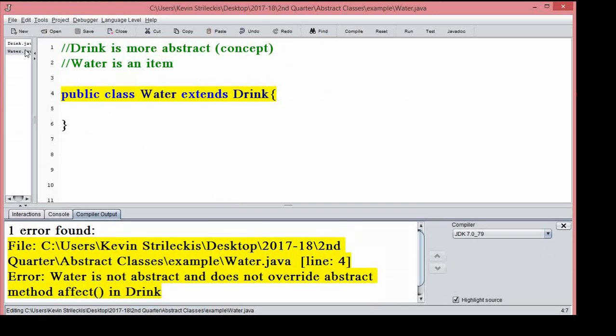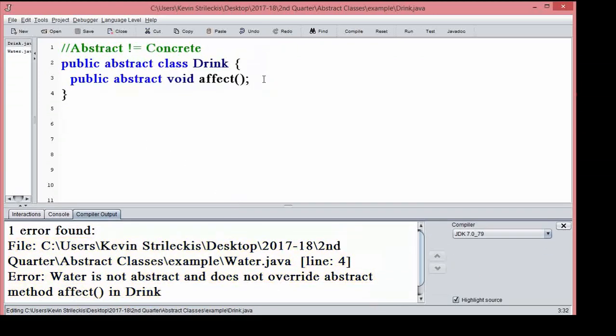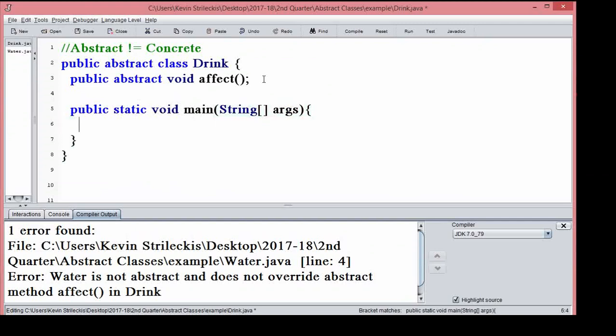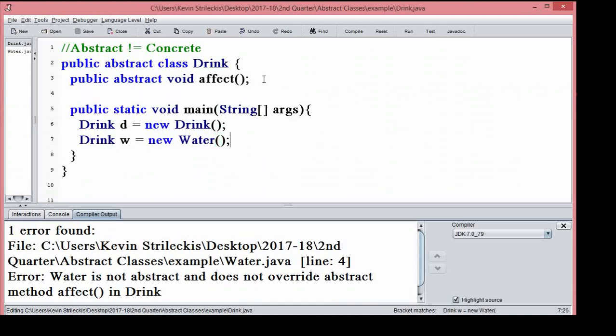First thing is that if I tried to make an abstract item, you're going to find there's a lot of trouble with it. For instance, if I were to say Drink d equals new Drink versus Drink w equals new Water, you'll notice that this one here will actually have an error on it.